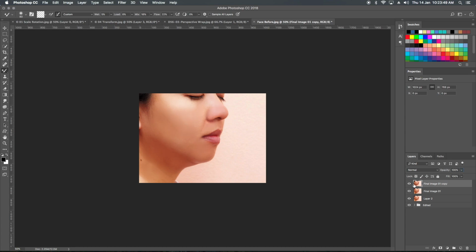I'll duplicate this one, make this one 75%, and group this up. Edit 2, I'll make it edit 3, and we'll make this one the original.